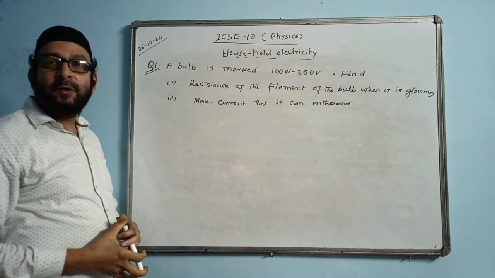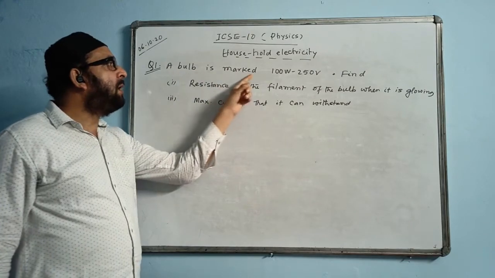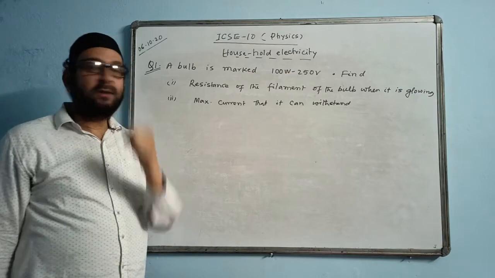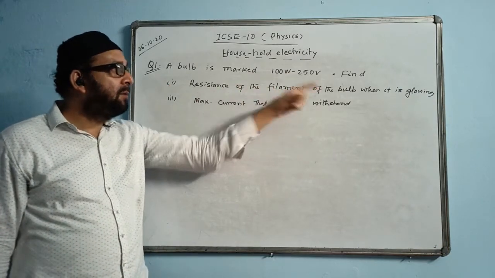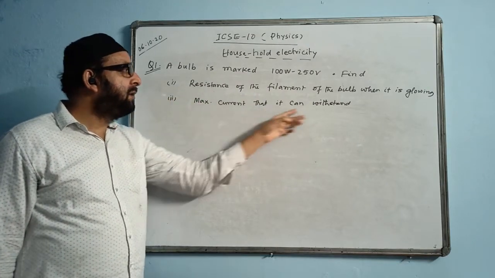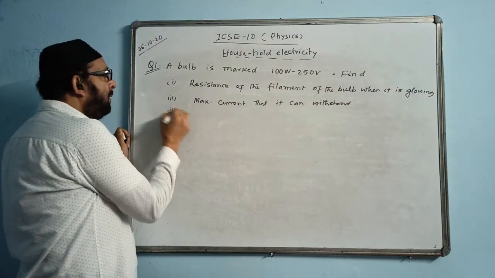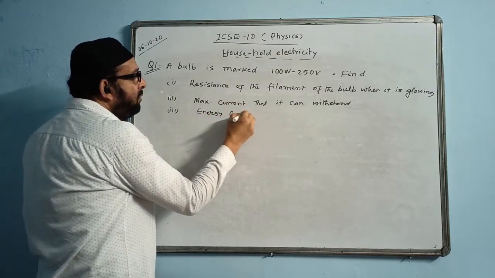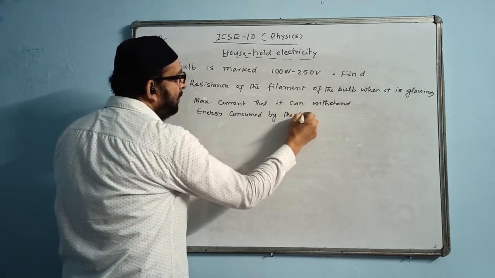This type of numerical is also important. The question says a bulb is marked 100 watt dash 250 volt. Find two things. What are the two things they are asking to find? Number 1, resistance of the filament of the bulb when it is glowing. Number 2, maximum current that it can withstand. Okay, I will give one more case for that. Number 3, energy consumed by the bulb